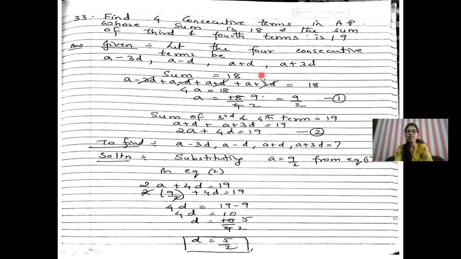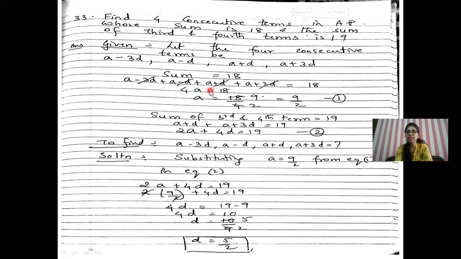So that is how we have assumed. Now it was told that the sum of these 4 consecutive terms is 18. And when you are writing, always write in ascending order. So A minus 3D should be written first, then A minus D, A plus D, and after that A plus 3D. Now the sum is equal to 18. So you add all the numbers, and that is equal to 18. Minus 3D plus 3D gets cancelled.